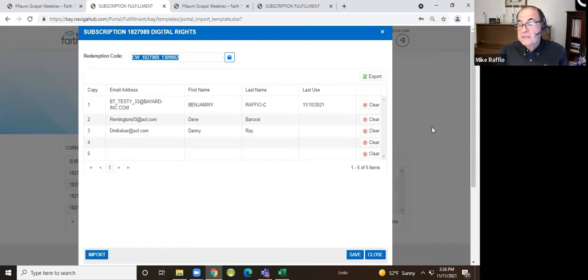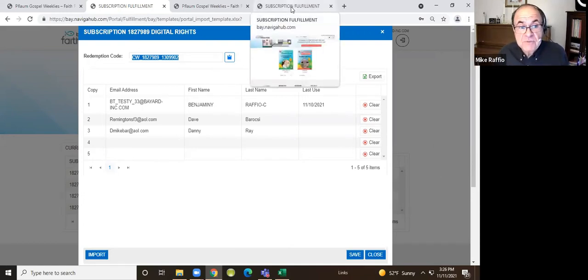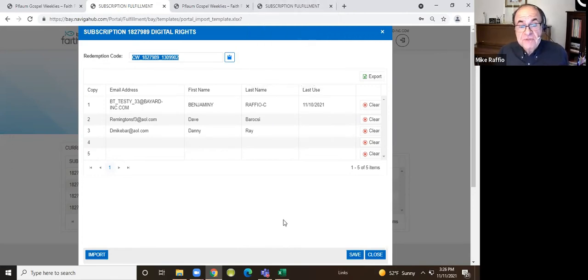So your part would be done at this point in terms of getting everything ready. You've assigned digital rights one way or the other, and now it's the parent's responsibility to come to the site, create an account, and then be able to use the material with their children.